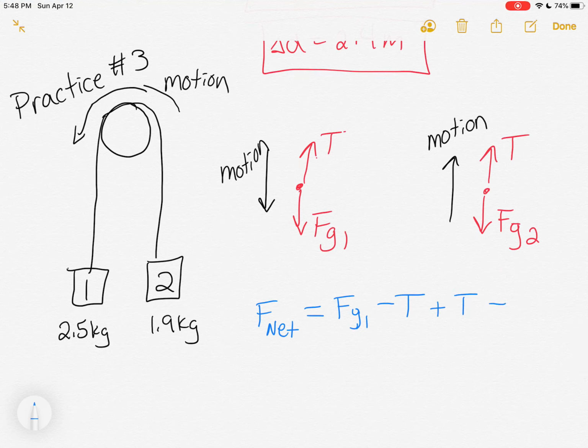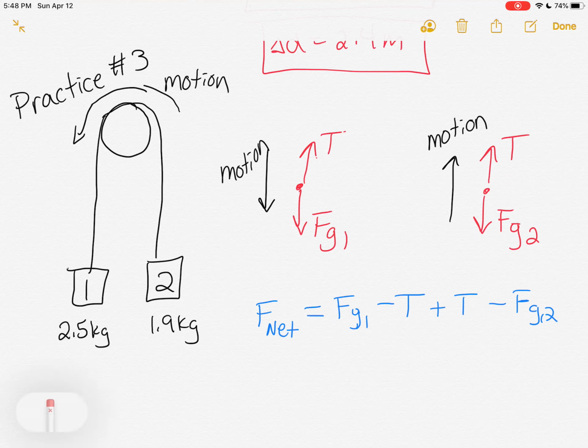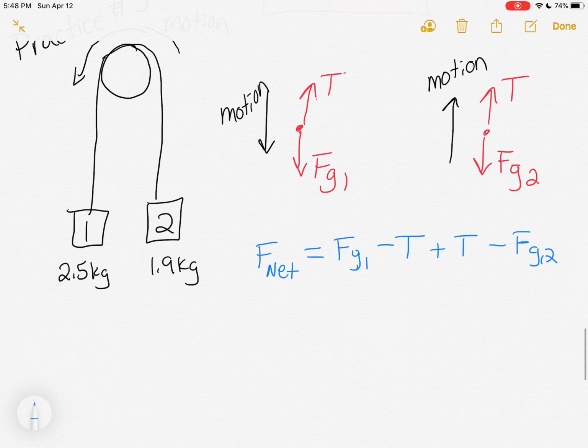But then we have a positive tension from block number 2, and then block number 2 would be negative FG2. So we're going to end up overall with an F net of FG1